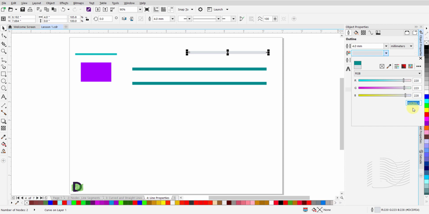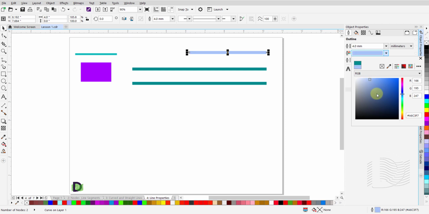Or, you can simply type in the hex value of your color of choice. The next option gives you similar choices to type in your reds, greens, and blues. You can also click in the big square to pick the appropriate color and shade. Or, type in the hex value of your color.